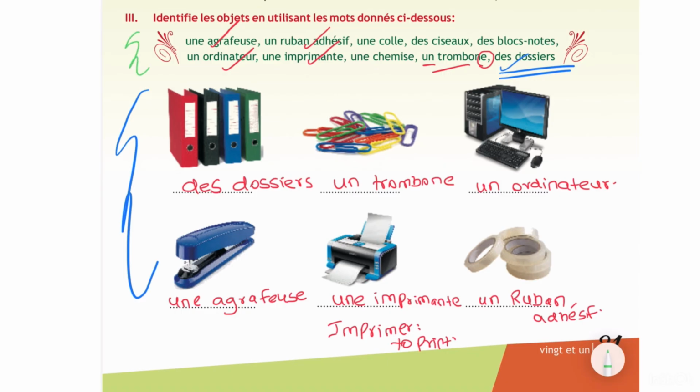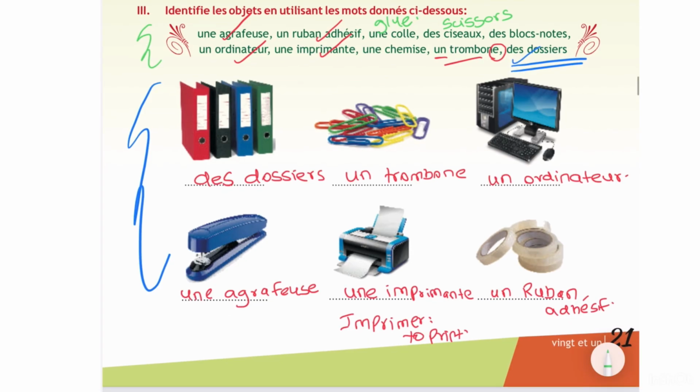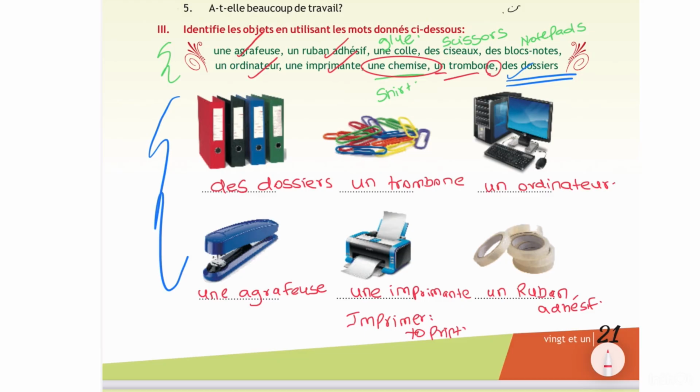So une colle is your glue, des ciseaux, which is your scissors, and then des bloc-notes, which is your notepad. And the final one is une chemise, which is basically a shirt. Here the odd one out is une chemise because all of these objects are related to your office or your desk, that is objects you will find in a bureau. So if you're asked to name some objects on a desk, you can write any of these except une chemise. So this can be a question, nommer quelques